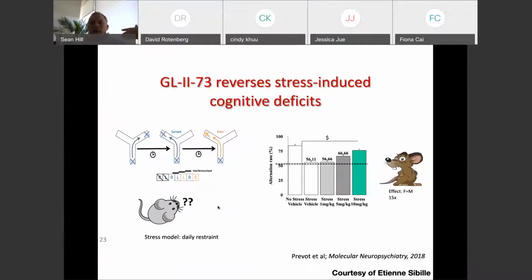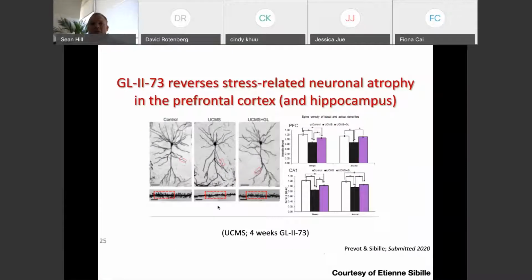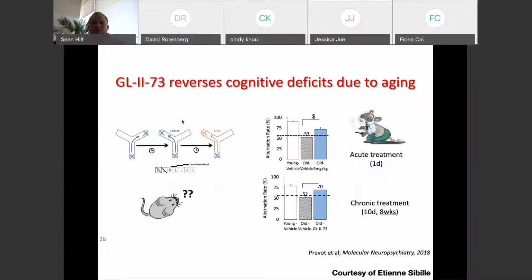And by doing so, it reverses the cognitive deficits that have been seen due to that decrease in inhibition. It reverses some of the cognitive deficits due to chronic mild stress in mice. It reverses neuronal morphology changes that occur due to this stress in hippocampus and prefrontal cortex. And it reverses cognitive deficits due to age. And so this is really very remarkable work by Professor Sibyl's lab, and it gives us a basis